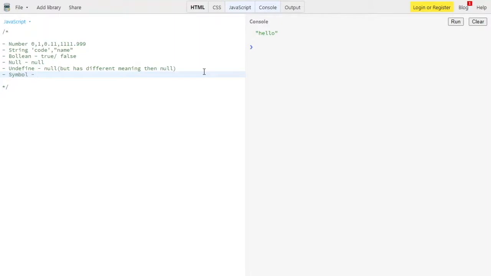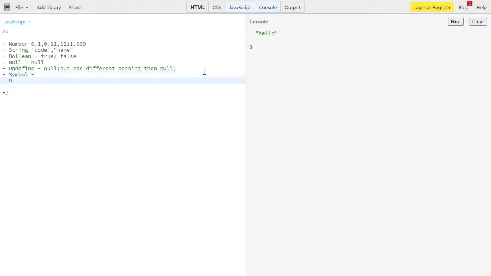So we have symbol, that's the new feature which came with ES6. It's just a data type which can store a unique identifier or something more complex in coding. I will also show you in the later part of the video.